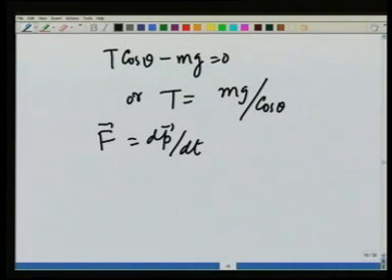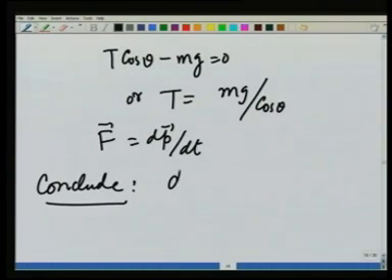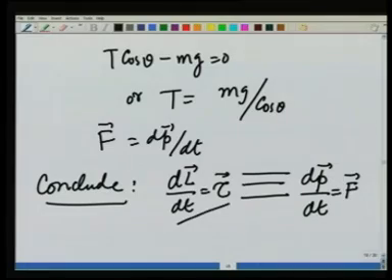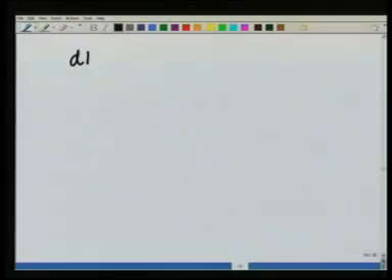So what we conclude is that dL/dt equal to tau is absolutely equivalent to dP/dt equals F. The only subtlety is that in applying this, I may have to take torque and angular momentum about two different points. Having learnt that dL/dt, although for a single particle, is equal to tau, now we